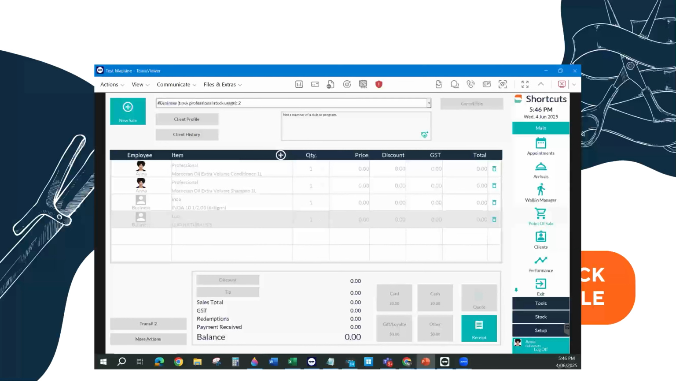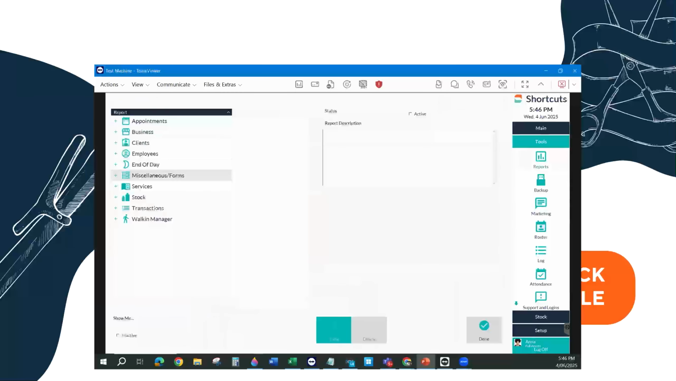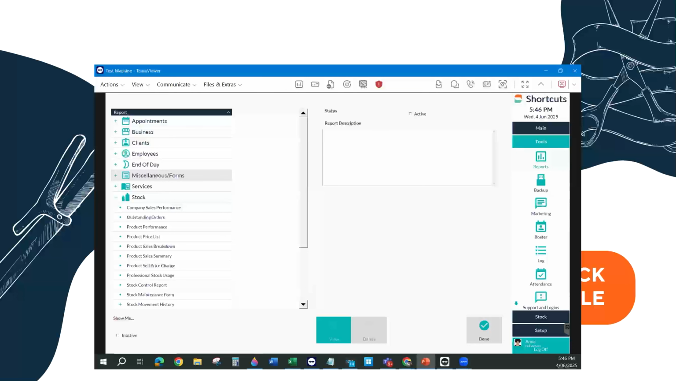As a business owner, you can take that one step further by going into tools, reports, stock, and have a look at the professional stock usage. Now, this is just a little added bonus. It is not anything to do with the end of financial year, but it's just great for looking at and making data-driven decisions rather than just guessing when it comes to how much stock you actually need, how much wastage